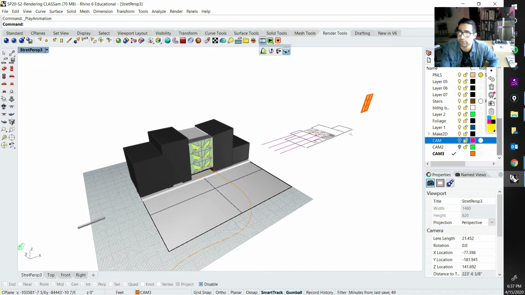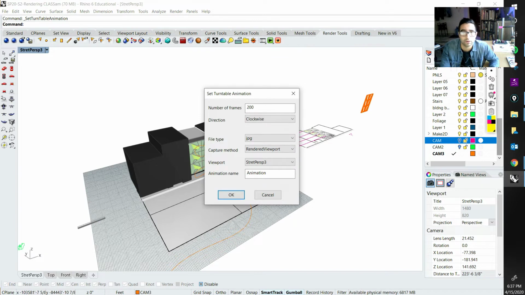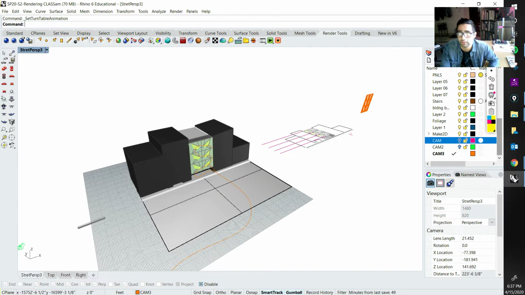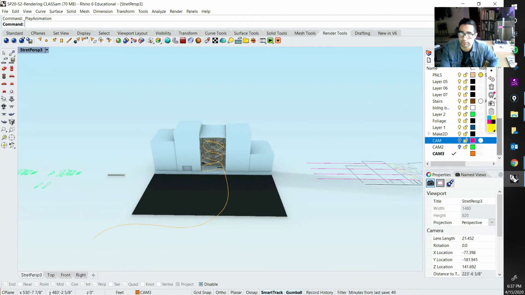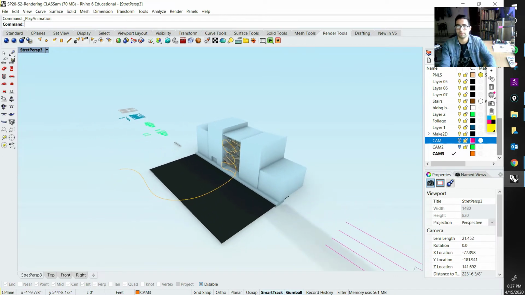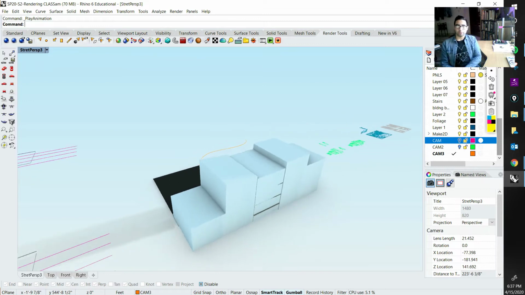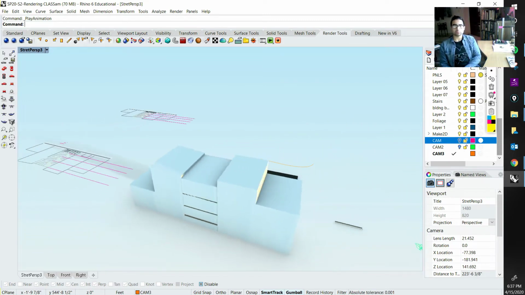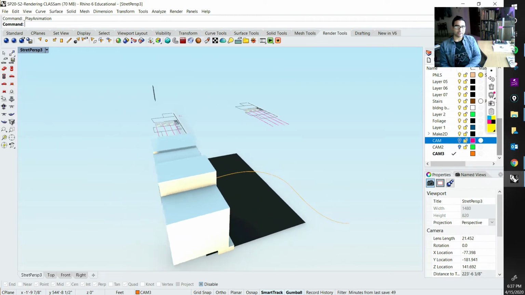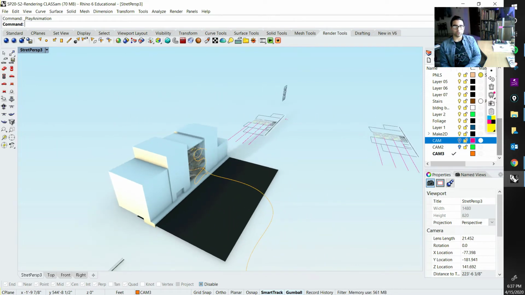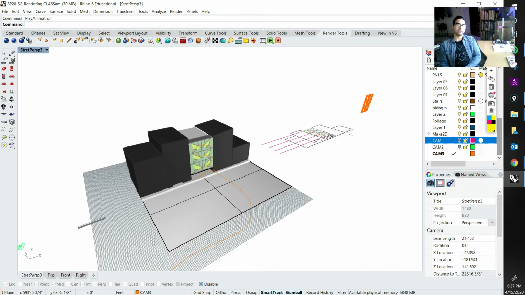Now there is the third one, which is to set up the 360-degree turntable animation. So, direction clockwise, file type render. Let's see what it does. Okay, play it, and it just does that. It's a turntable, a 360 animation, which is not bad. The thing though is that for this project, we really don't need that 360. I think in this case, what we do need is the experience through